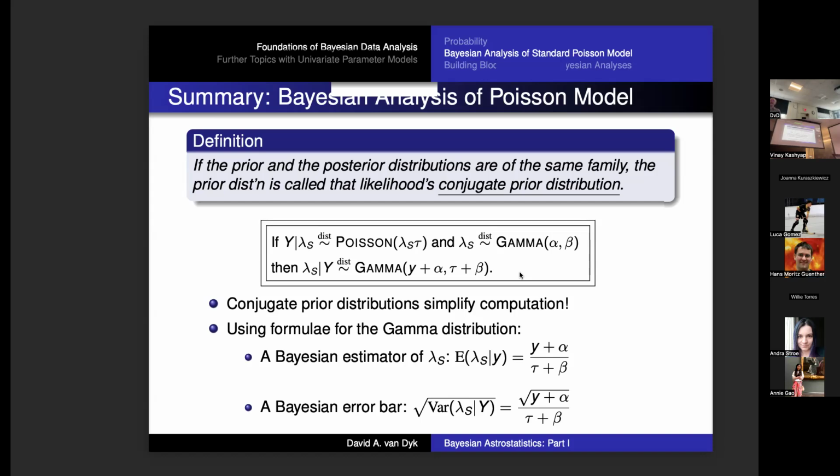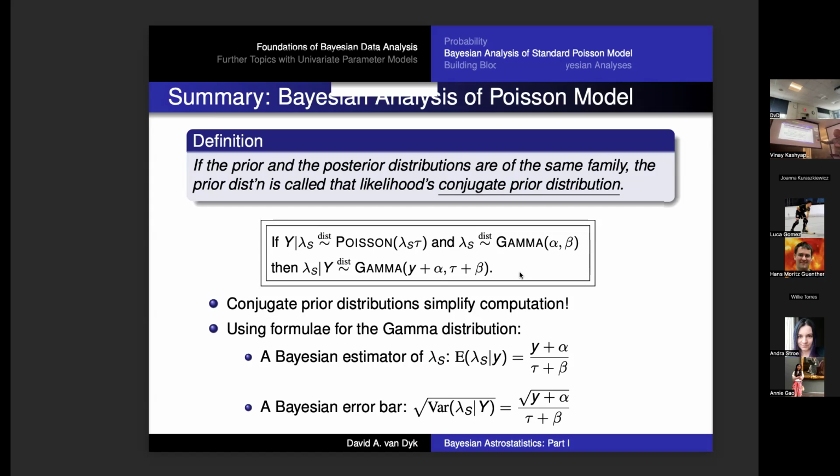A Bayesian estimate, once I have the posterior distribution: the expected value, the mean of that posterior distribution, is a good estimate. And I can estimate the standard error using the standard deviation of that distribution. I have a distribution. Its mean tells me the most likely value in some sense, and the width of the distribution tells me the level of uncertainty I have. And so the standard deviation is a good way to measure that.